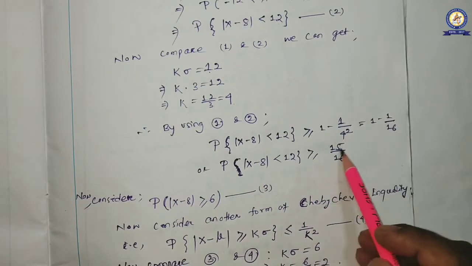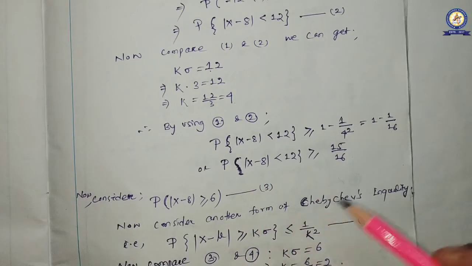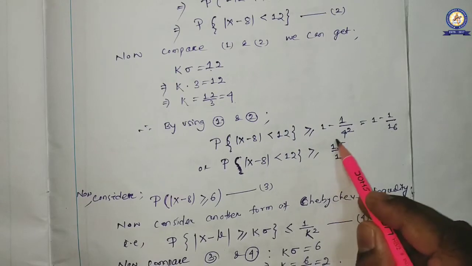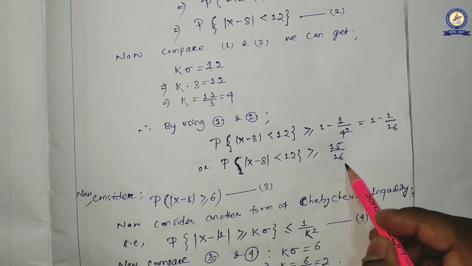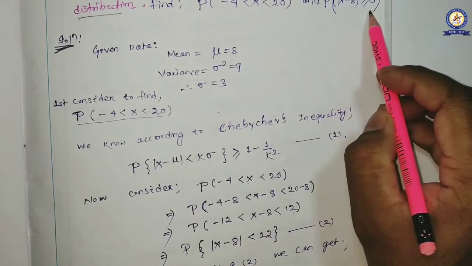As I told, by using this inequality or theorem, we can get the approximate value of the probability. Here we found the approximate value of the probability is 15 by 16. Now we are going to find out this probability, that is the probability of |X minus 8|